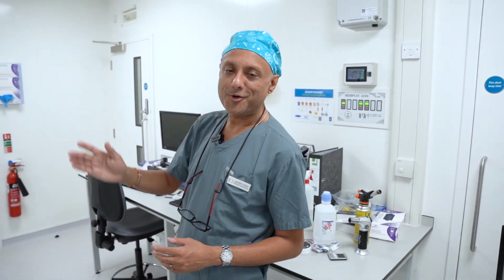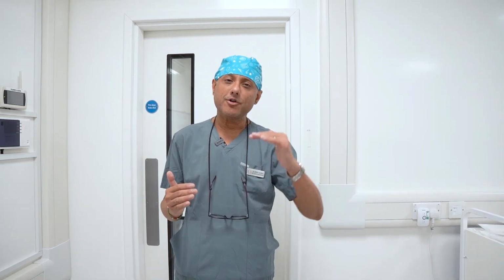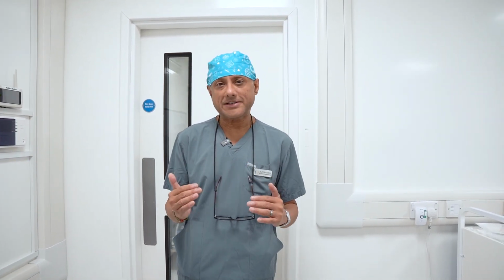We will now show you the embryo transfer room, and as you can see, both the embryo transfer room and the theater are connected to the embryology lab. Now this is very important. You may have even known or seen that there are some clinics that are spread on different levels. Now there's always a compromise when the laboratory is not on the same level as the theaters and the embryo transfer room, because